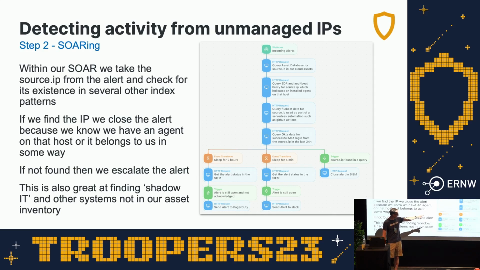We sleep for 5 minutes, and then I go back and I say, hey, is that alert still open? And if it's open, now I send it to Slack with all that enrichment. And depending on your SLAs, if you're an MSP or things like that, say you've got to respond to certain alerts within a certain amount of time. It's that worker in Japan and you're waiting for the guy in Germany to wake up. Then maybe you sleep for 2 hours and you say, hey, nobody's acknowledged this alert. Now I'm getting on PagerDuty and I'm calling you in the middle of the night. Like I said, this is all configurable.